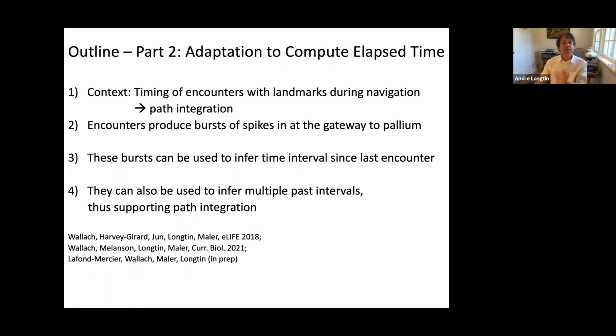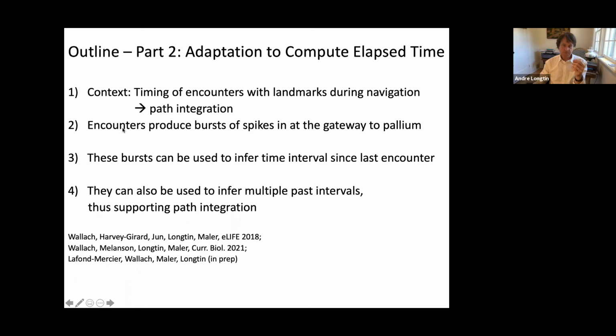Okay, so the second part is about adaptation to compute elapsed time. So the context, this is the slide repeated from earlier. We have a timing of encounters with landmarks during navigation. And the animal is path integrating, trying to figure out where it is to head to some final goal, where there's maybe food. And I'm going to talk about work where we